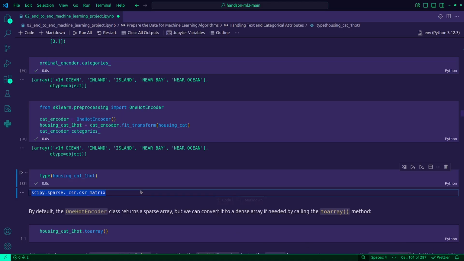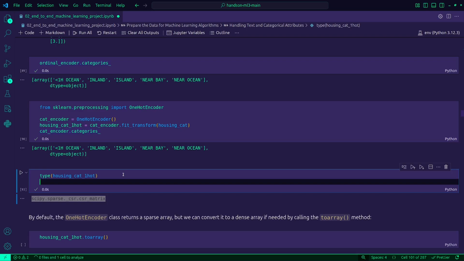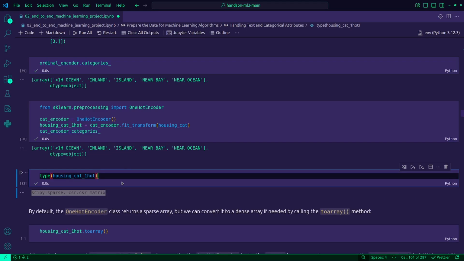A sparse matrix is a matrix where most values are zeros. So I can have something like this, and you can consider this a sparse matrix because one hot encodings create lots of zeros. Doing this for 10,000 rows and 100 plus categories, you're going to get tons of zeros.